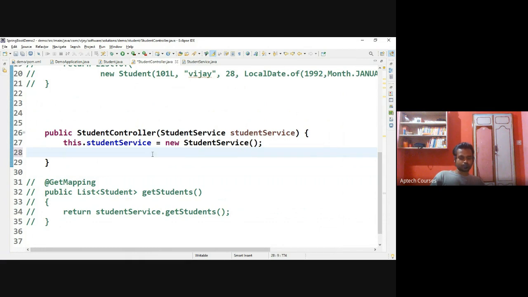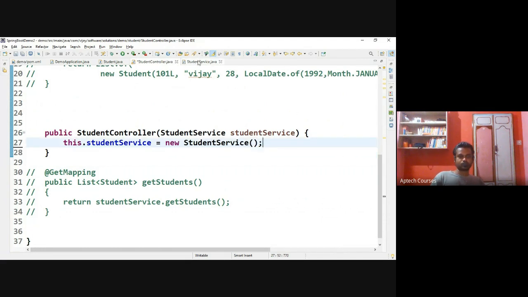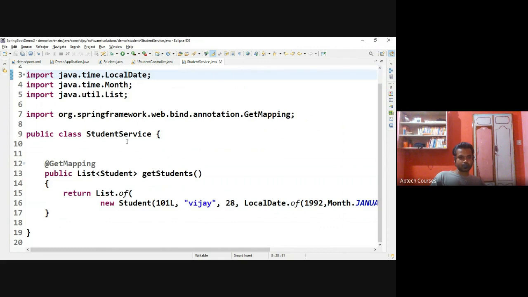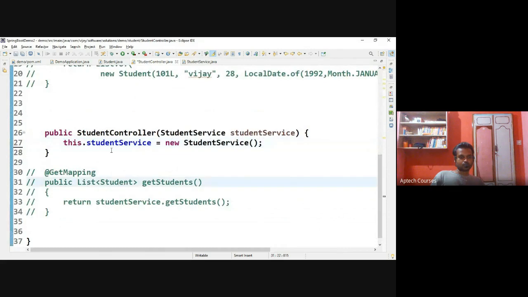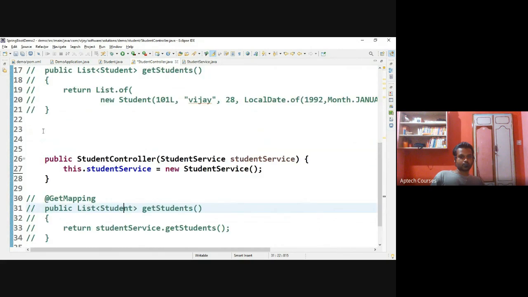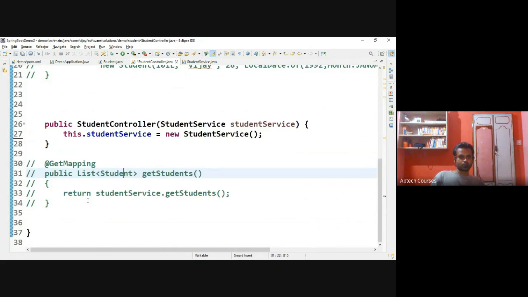What I'll do is say enter. We have this return.